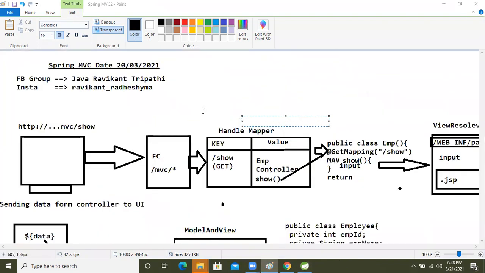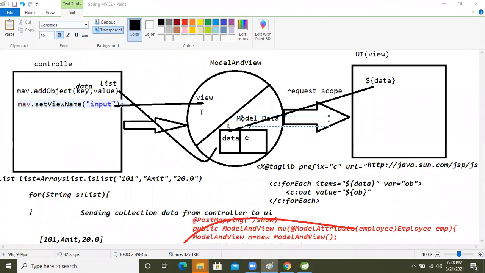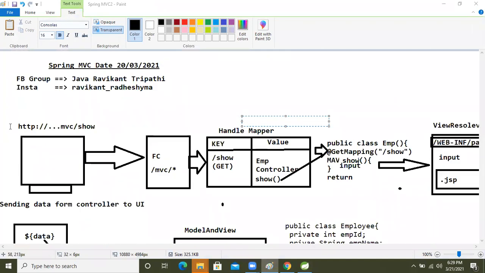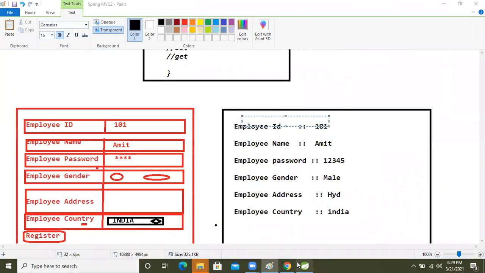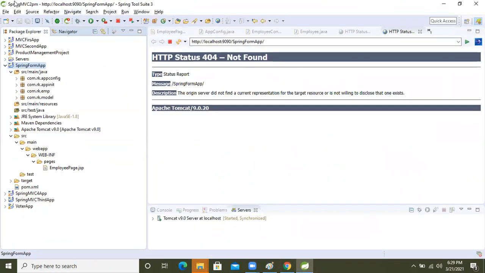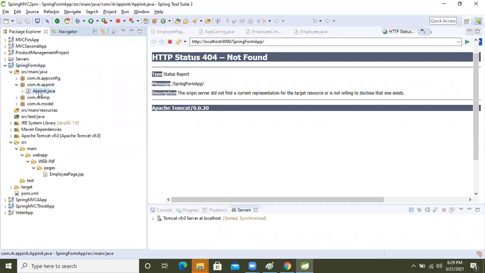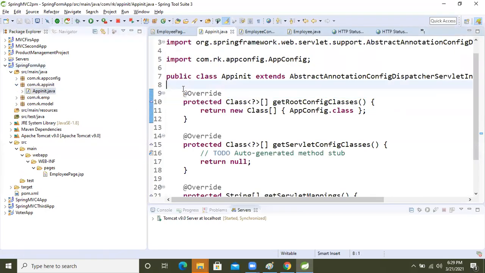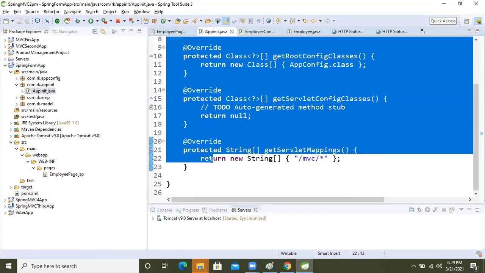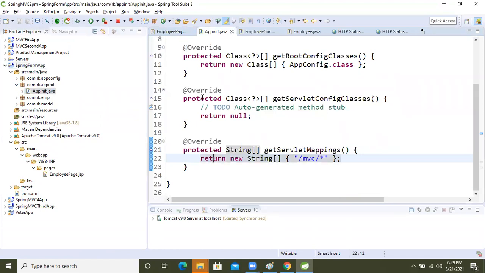Spring MVC. Again I need to explain Spring MVC. The coding flow means from the whole project, the program. So whenever we make the request, the request comes to this one. In app init we are writing this, which is the web.xml. Think about that. We are writing the same thing in the Java web.xml.